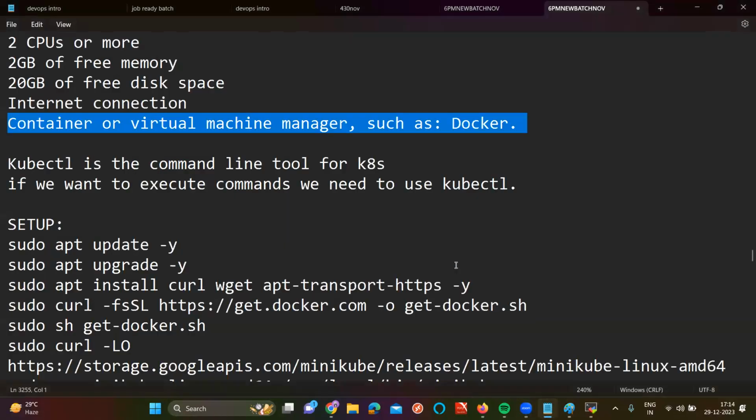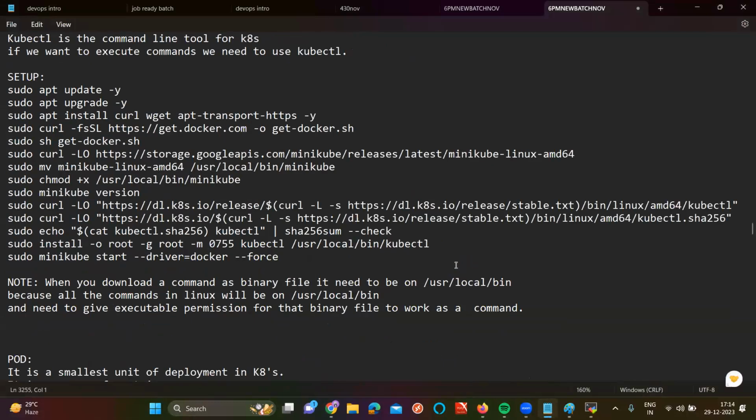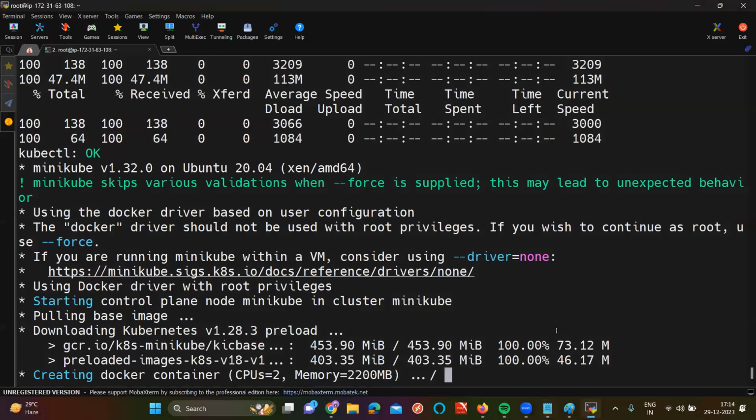You can see it here, Sunil. It's a script which will download Minikube and install everything. I'll explain it. It's still not done yet, so I'm waiting for it to finish. I'll explain the script.